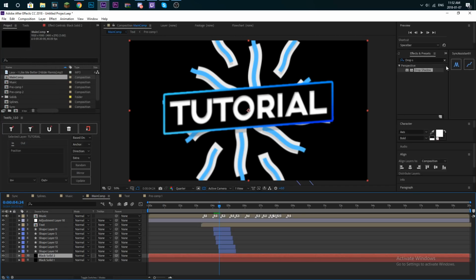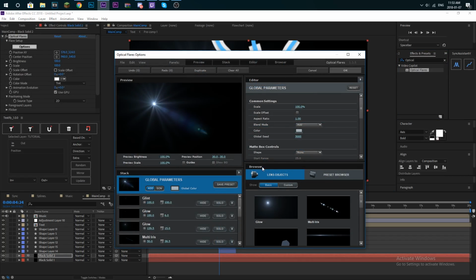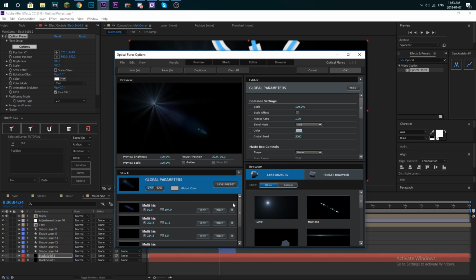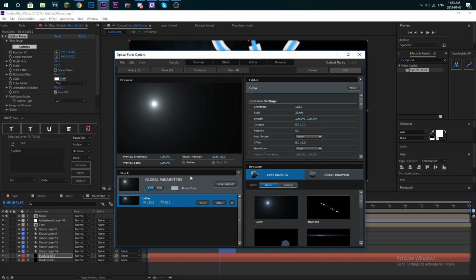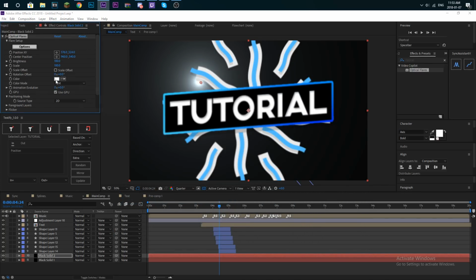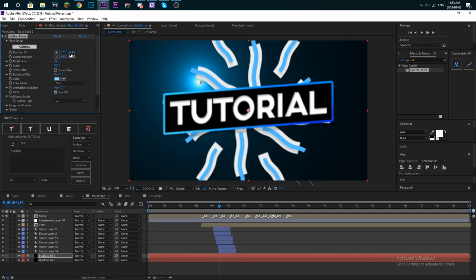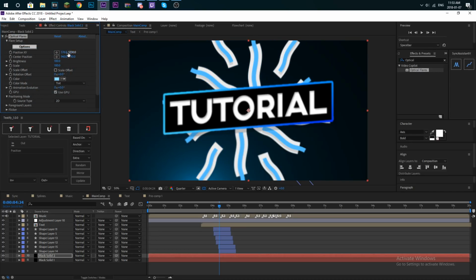and I'm gonna import the effect optical flares. So if you guys don't have this effect, look it up on the internet. If you don't want to buy it, look up how to get it for free. I'm not here to teach you that. Alright, so you want to just choose the glow preset, and then I'm going to choose a very bright blue. I'm going to put that underneath like that,